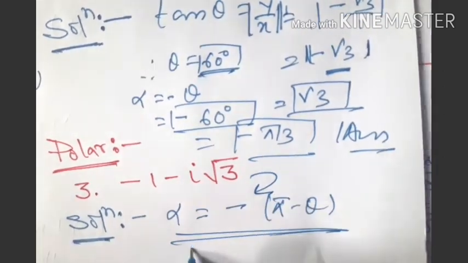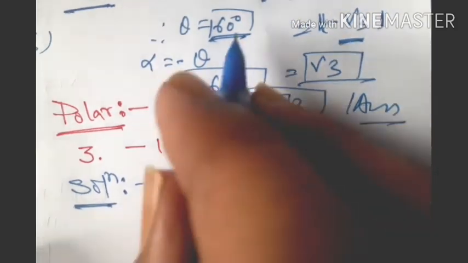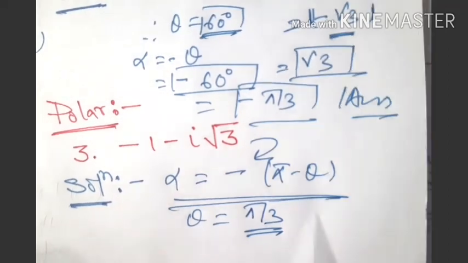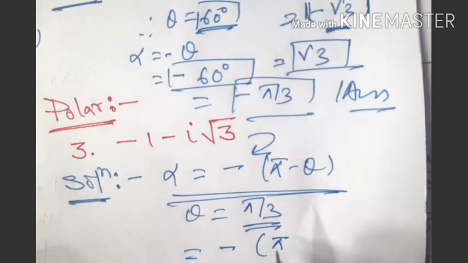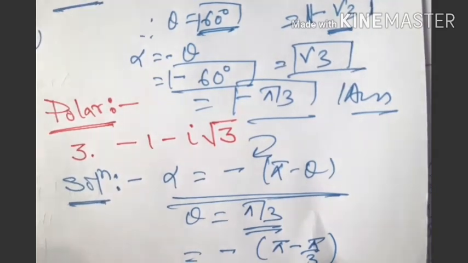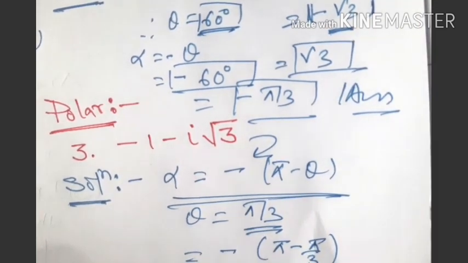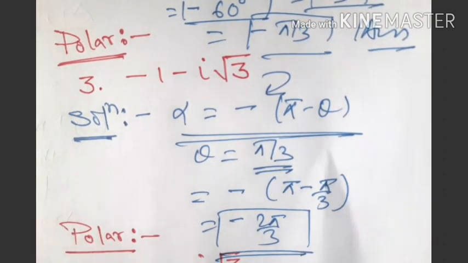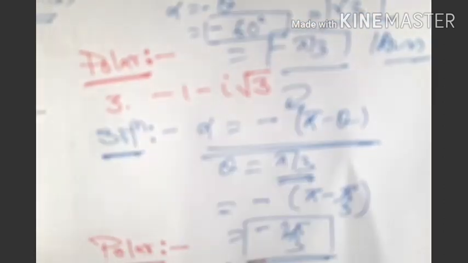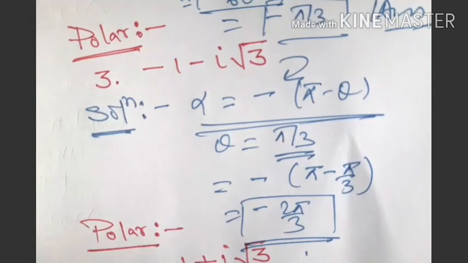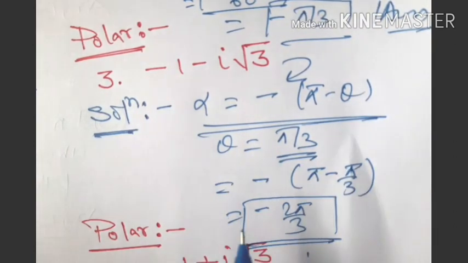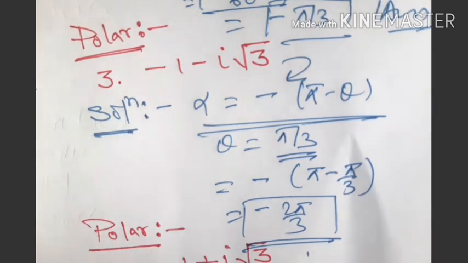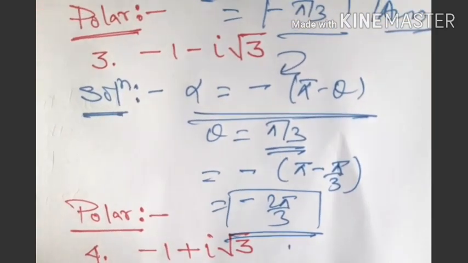I am not going to explain the theta once again because I have already written it in the previous problems. Here again we are going to get theta equal to pi by 3. So the changes will be made like this: minus of (pi minus pi by 3), that is minus 2 pi by 3. Whatever arguments you have written, those are principal arguments. In your question, you will see what is asked, principal argument, then you have to follow this rule. If general argument, then we can get multiple values with 2 pi, because we have already told the value of general argument lies between 0 to 2 pi.